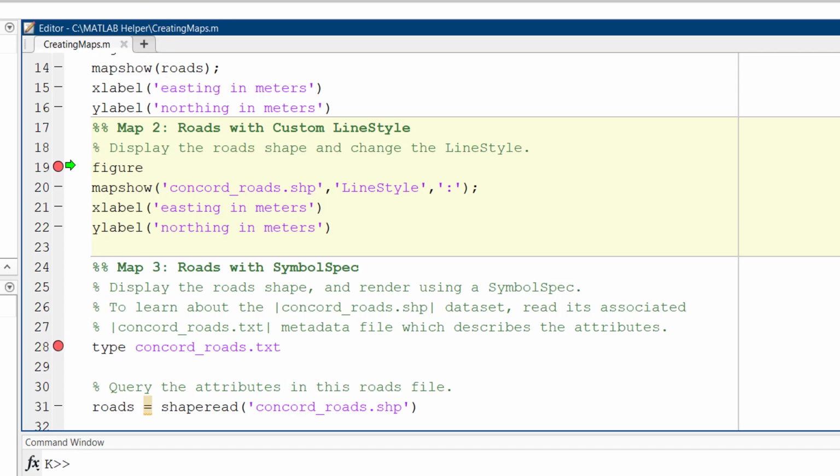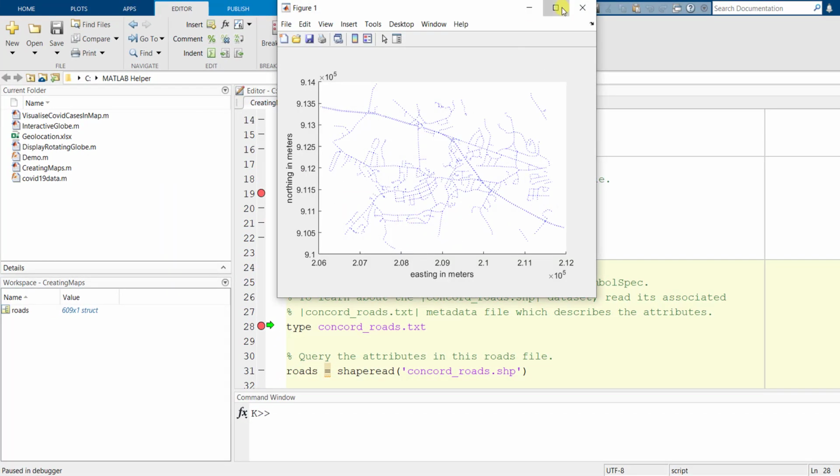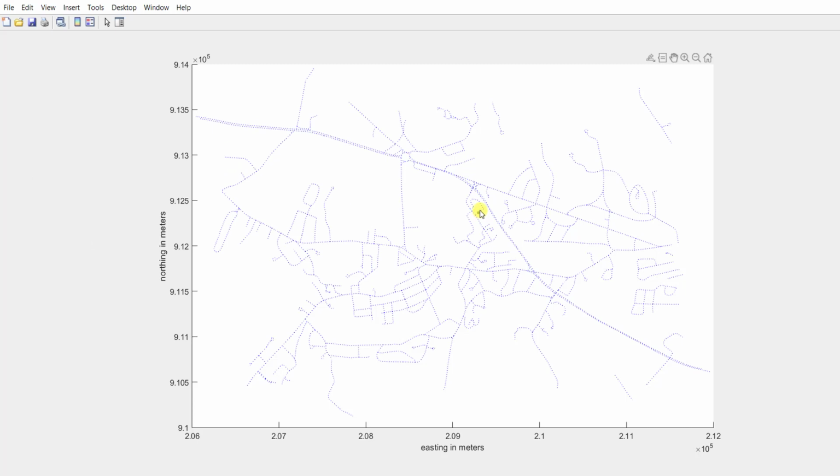We'll continue running it and let's see how it is displayed now. So this time it is similar to the first one except for the lines which are represented as colons. Like last time, this time also we are able to see the X and Y coordinates.